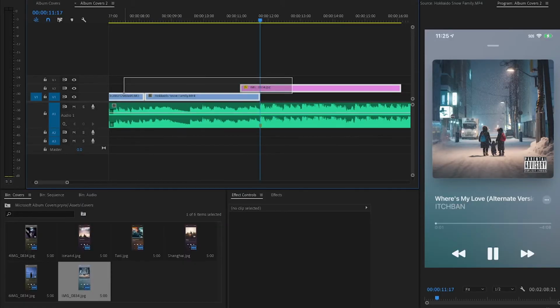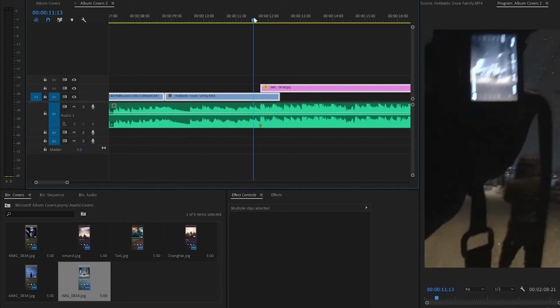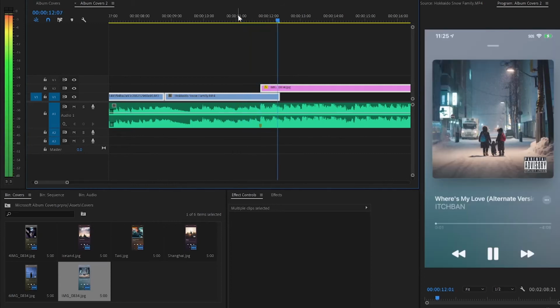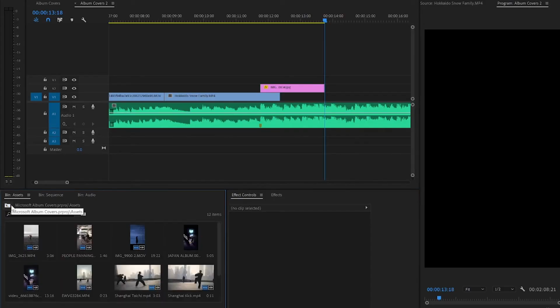We're going to grab all the clips and then we're going to move it so it drops right at the right time. So as you can see, and that's done. So we're going to move on to the next one. Repeat the process, but I'll show you some new techniques that can be used to make your life a little easier. The next clip will be a combination of 3 different clips and an album cover.